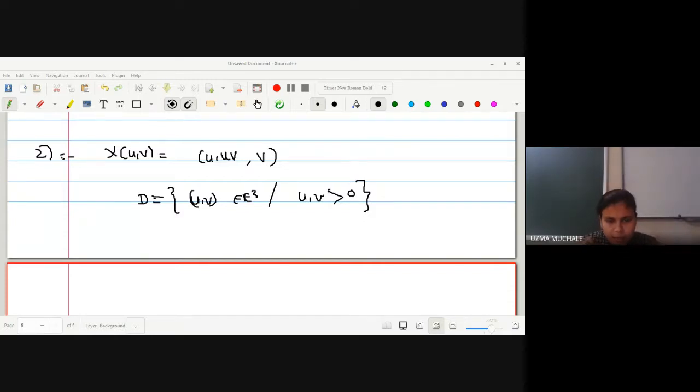Yes, anyone else having this problem? What do you have to do, ma'am? x is equal to u, y is equal to uv, z is equal to v. So now you can define the inverse mapping. So x inverse of xyz will be equal to simply x and z. Because when you define the inverse mapping, it goes from x of d to d. So from E3 to E2 you are coming, that is, from a subset of E3 to a subset of E2.